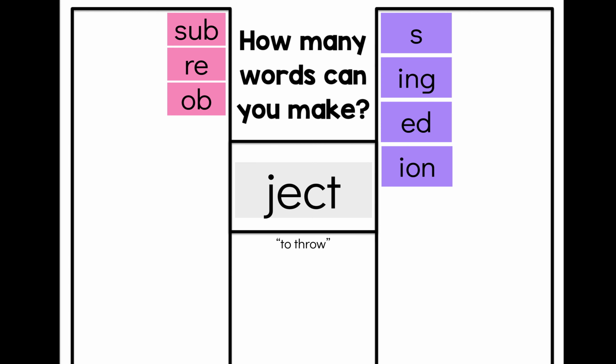Object or object. This is a fun one because there's that verb and noun meaning. So you can even talk about how there's the noun object, and then there's the verb object. And then we also added in suffix ion, which makes, see if they can figure that out, objection. So far we've made a lot of words here. And you can talk about what an objection is. And you can point out how when you add ion, it's a noun-forming suffix. That means that object was a verb, and then we added ion to make it objection, and that made it a noun. We have objective,